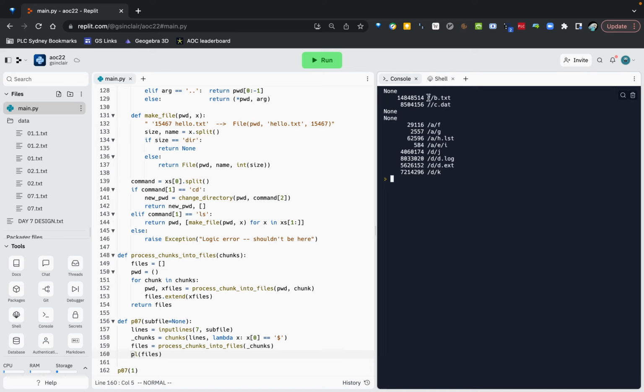I can see that this doesn't look so good, right? That shouldn't have a double slash there, so I'll see if I can fix that. Anyway, these files are called here, make file that for x in that, and all I need to do is say if x is not none, right? So I can just run that, and then we won't get the, well,